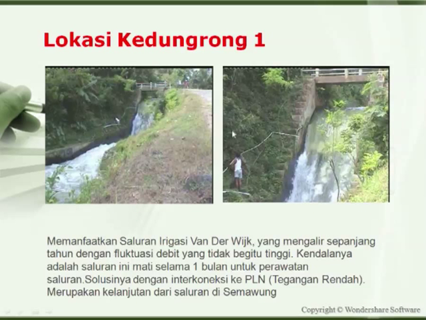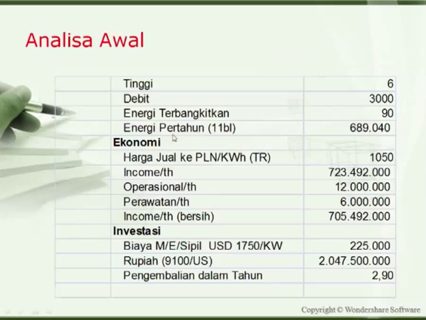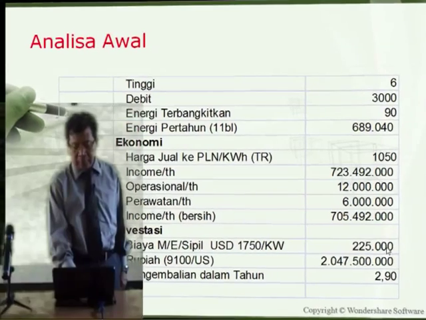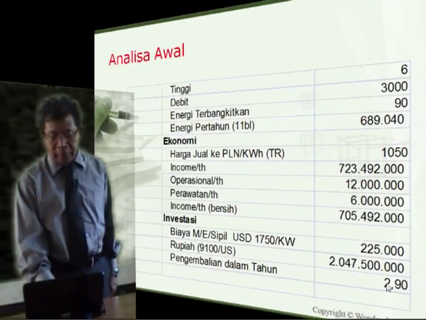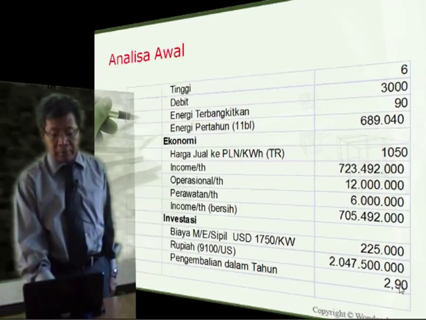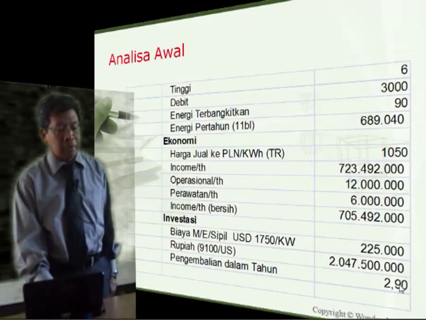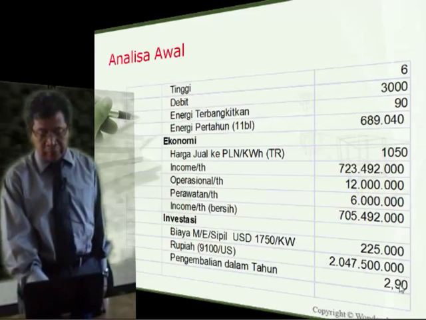This is the other potential that I have shown you. This is about 3 cubic meter per second with 5 meter head. Then we have almost 75 kilowatt from here, 75 kilowatt until 100 kilowatt. This is also the analysis of how to develop that. And the payback period is only about 3 years if we develop the microhydro in that case.